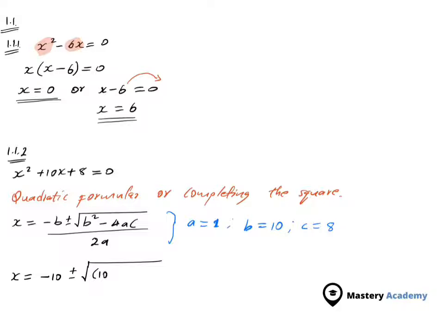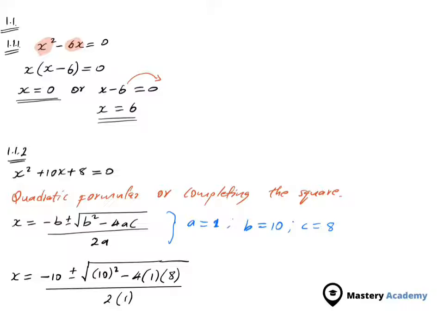so we have 10, which is B, squared minus 4, A is 1, so you put a 1, close bracket, open another bracket, and then we put a C, which is 8. Put an 8 there, close bracket, and then now you put a ruler. Let me use a black color. So there we put a line, and then we just substitute the denominator, which is 2 times A, which is